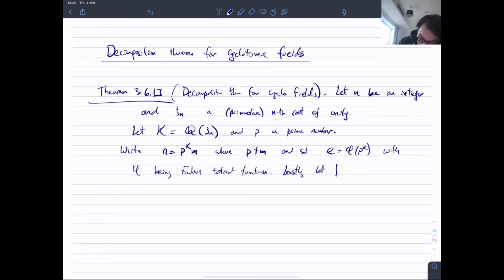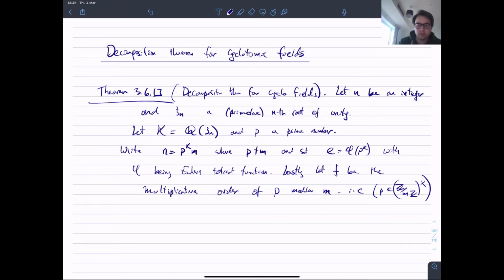Lastly, I'm going to let f be the multiplicative order of my prime number p modulo m, i.e. the order of p in (Z/mZ)*. So this is a group. Figure out what order p has in this multiplicative group. That's what f is. So when we have these two numbers, then the theorem says that the ideal generated by p in O_K, let's just be precise,